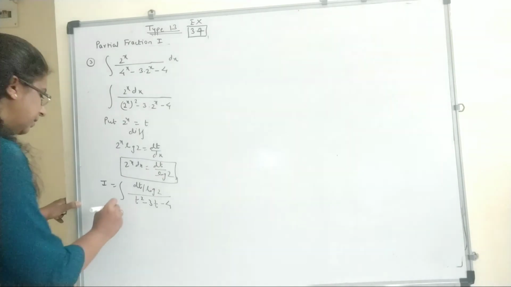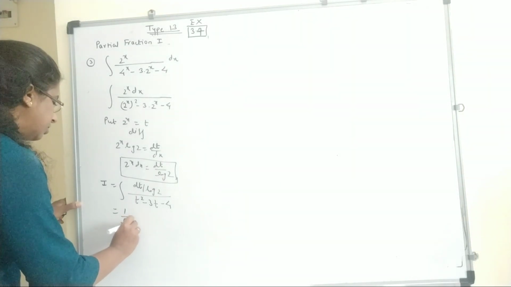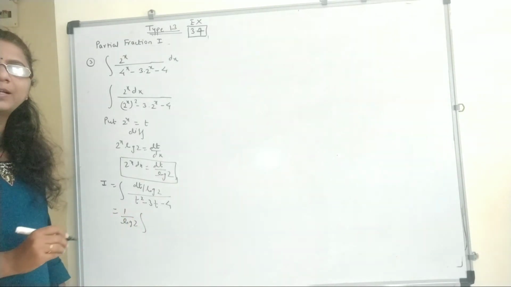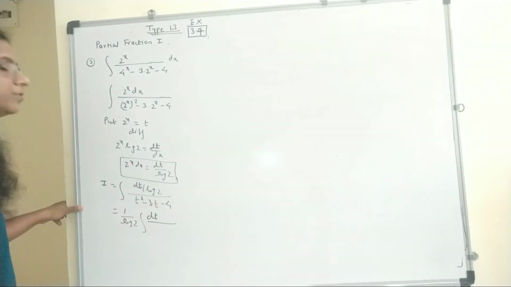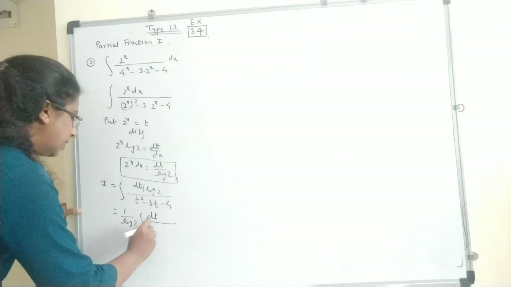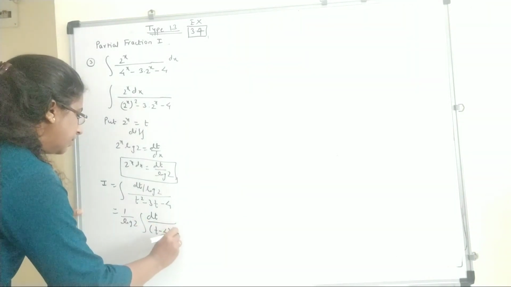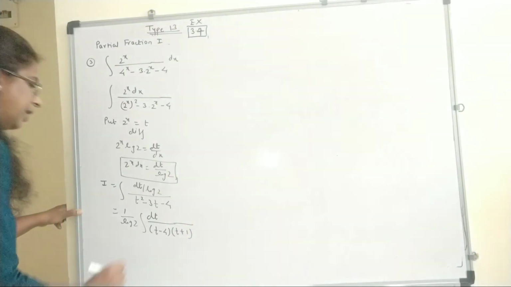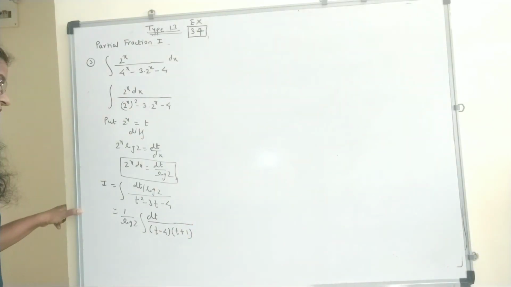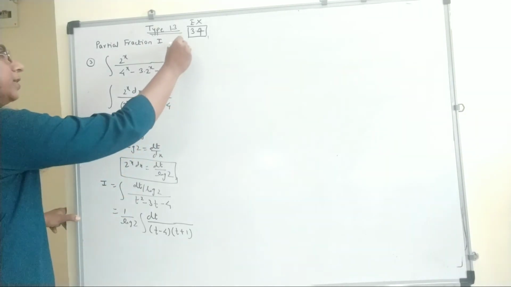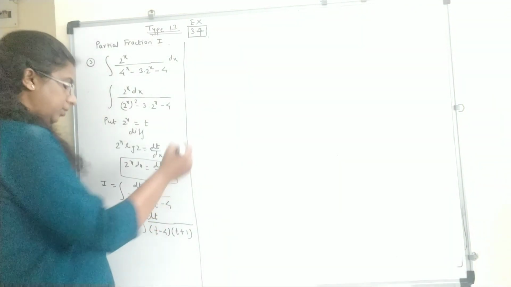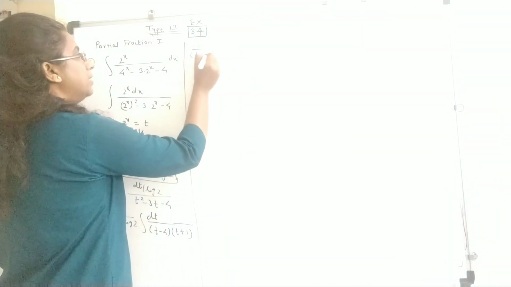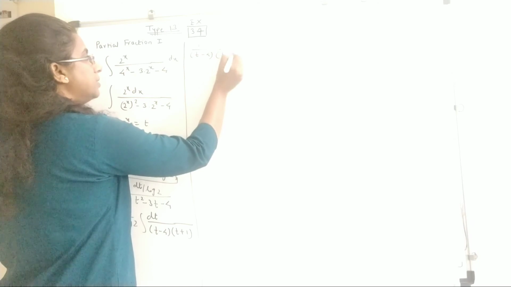Now in this case 1 upon log 2 is constant with respect to t, so it is outside the integration. Inside it is dt upon this quadratic expression. Find out factors for this: minus 4 and plus 1. Now these factors are linear, so in this case we consider the integrand separately. So consider